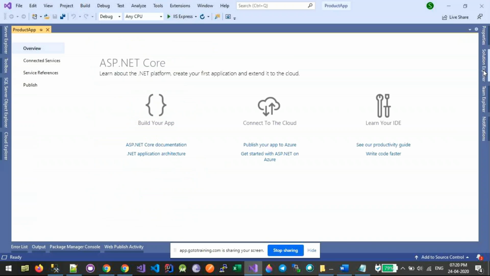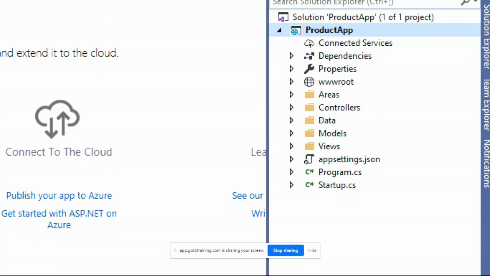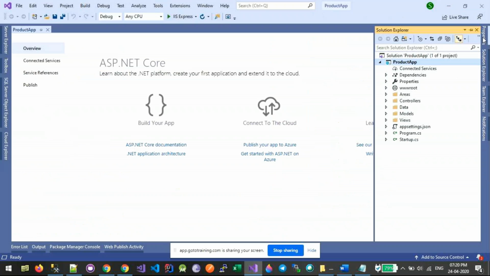Let me see if the application is created. Okay, now if you look here, those who have worked with ASP.NET applications, it could be MVC or traditional applications based on .NET Framework, you'll see a few different files as well as folder structure here.